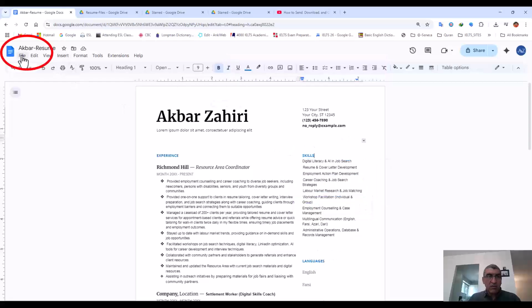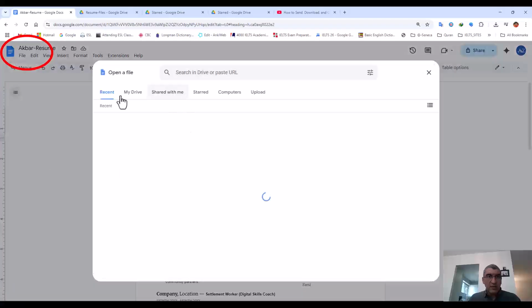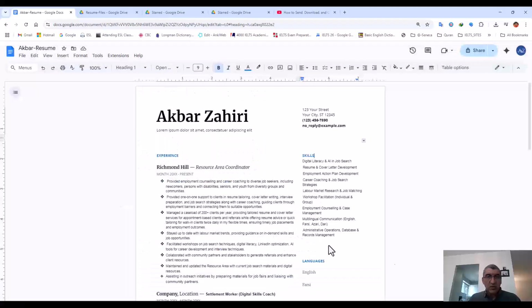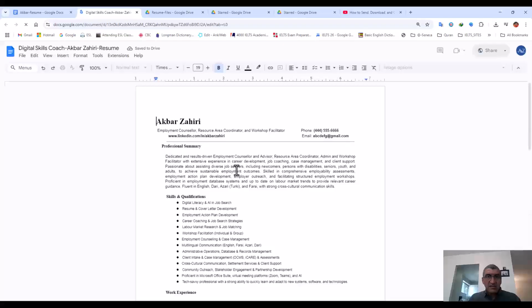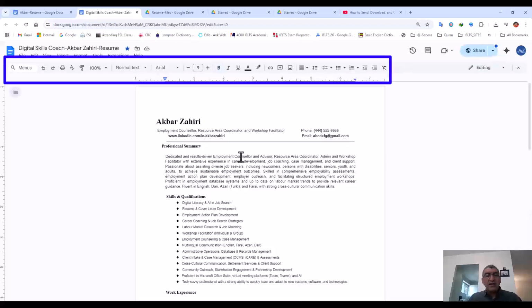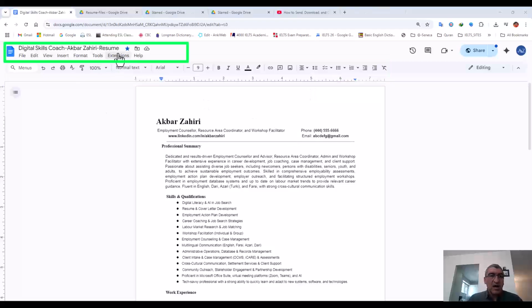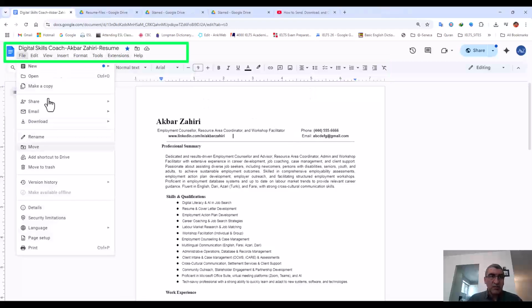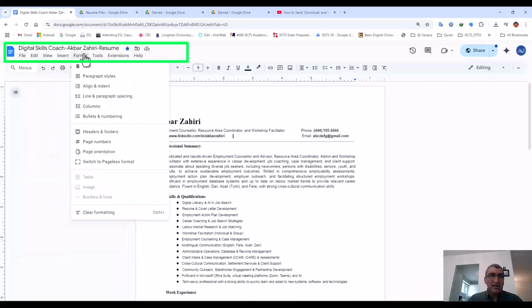But when I go to my own file, open, and click and open the file, because it doesn't have any pictures or table, we don't see any. It is only the text that usually we use for resume. There are not any more options here. And the remaining important items in menu part, we will talk about them in next videos.